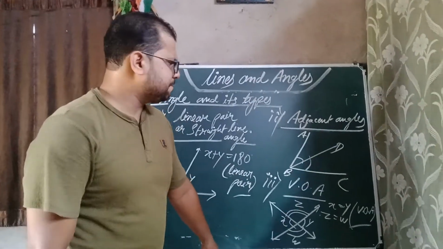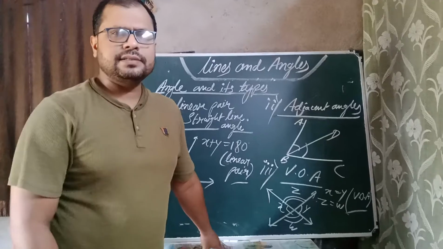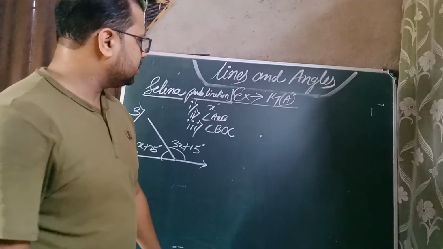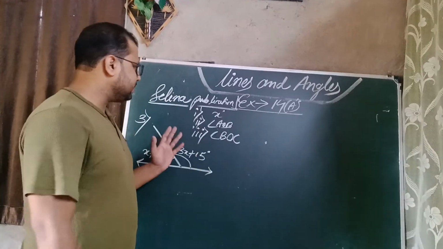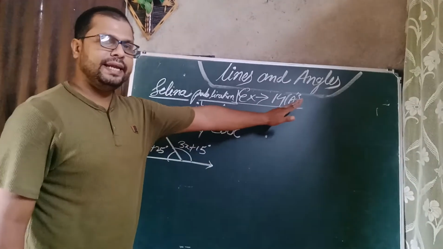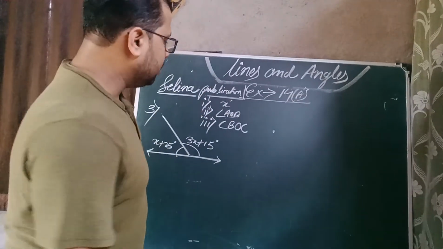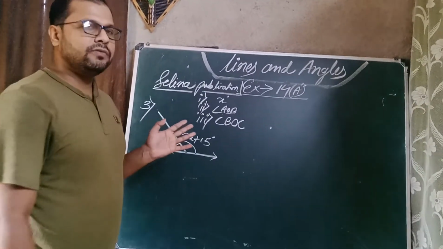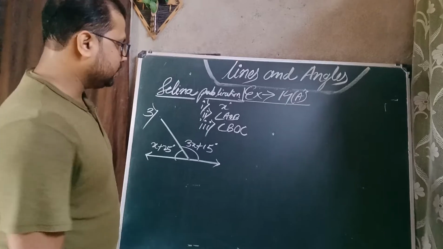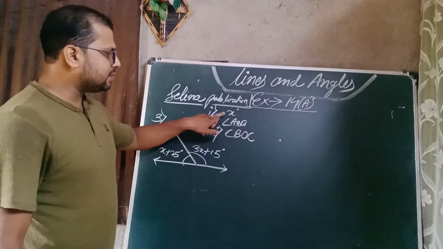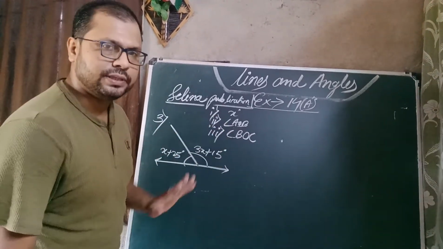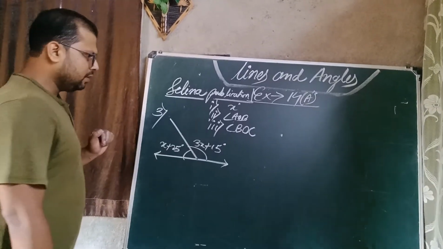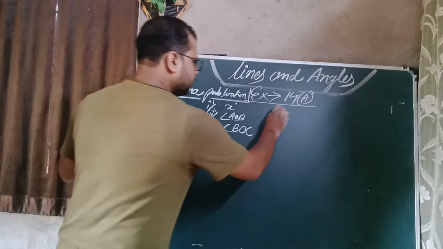Now we'll focus on one or two questions of the exercises and then we'll end the video. So now, students, we are going to focus on a question of exercise 14A of the Selina Publishers book. I have picked question number 3 because it relates to the last angle I told you, that is linear pair. We have to find x, angle AOB and angle BOC. You can see the diagram very clearly. I have drawn this diagram. So let's solve it.